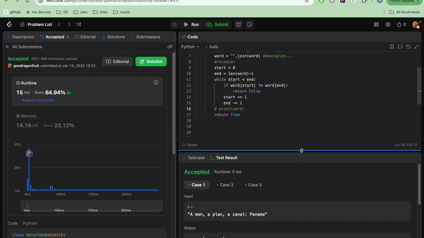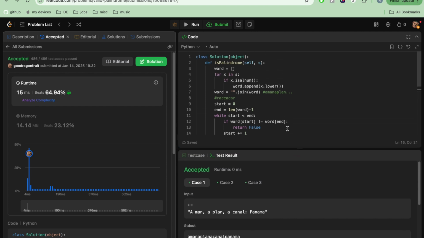Now this code is a little bit lengthy. What I'm thinking of doing is I am going to remove this line. This is a very conventional way of writing a for loop. I want to change this to a list comprehension, and let's do that. So instead of that, I'm just going to write word equal to, first I have to make a list, x for x in s if x